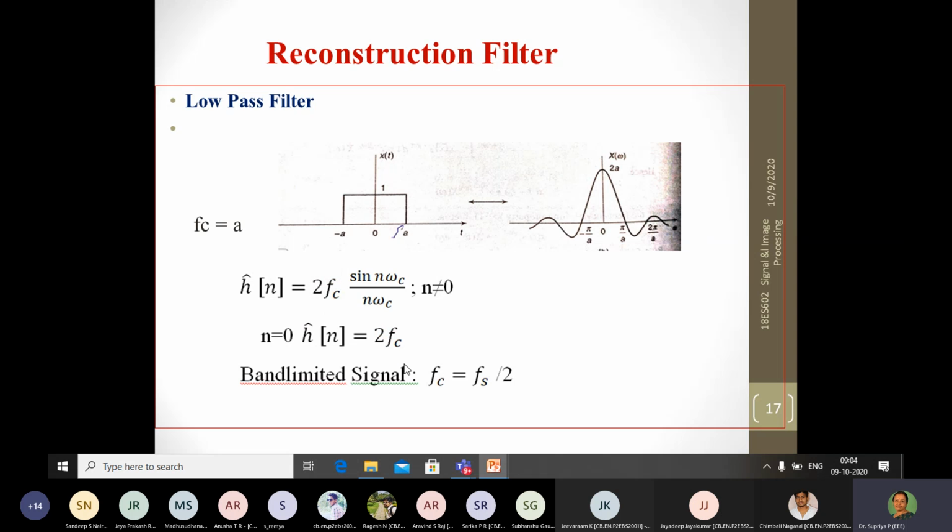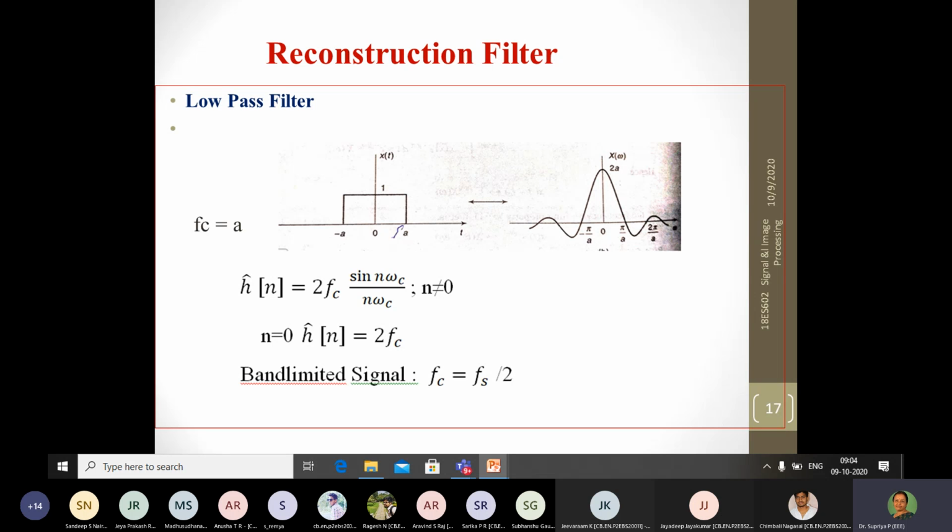In most of these cases, it is a band limited signal that is generally discussed, and as a result the cutoff frequency chosen is usually fs by 2. Only under such a case is it seen that the sync function is realized. This is another drawback or limitation which prevents the use of a low pass filter in image processing applications. Exactly a low pass filter, a small variation or variant of a low pass filter, is what is generally